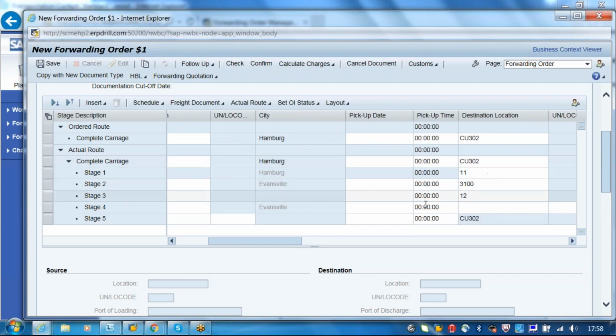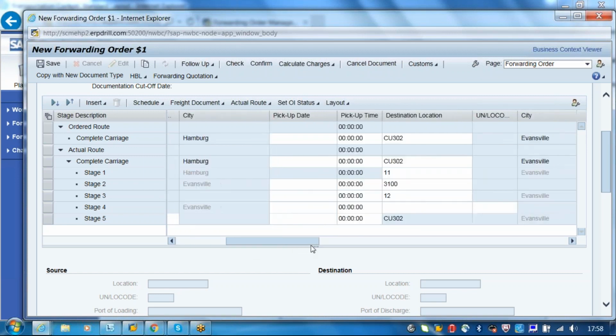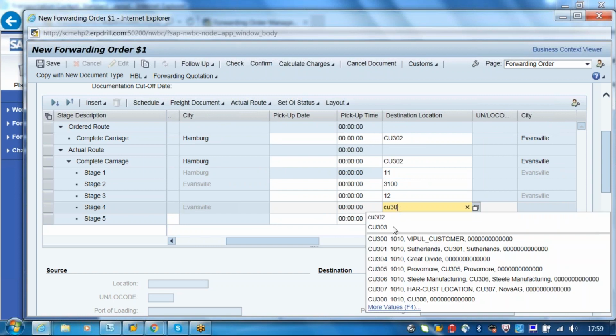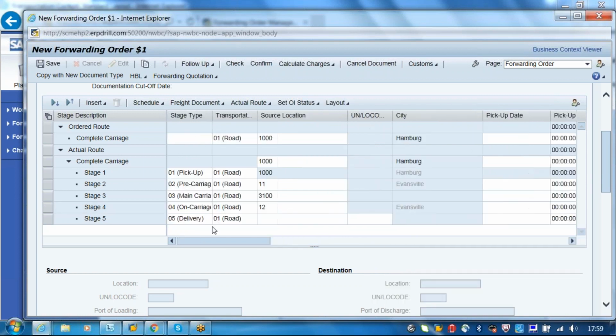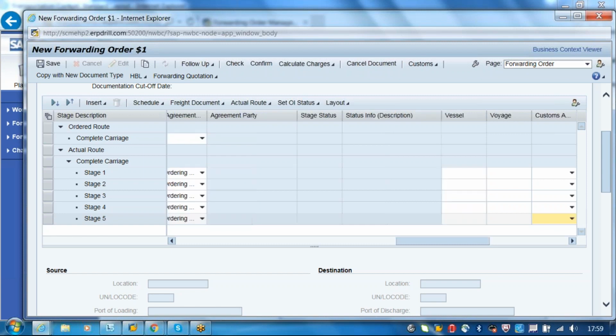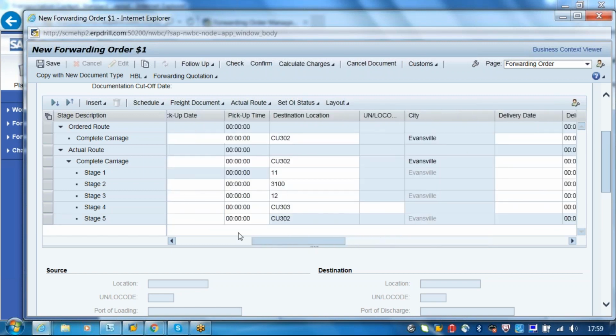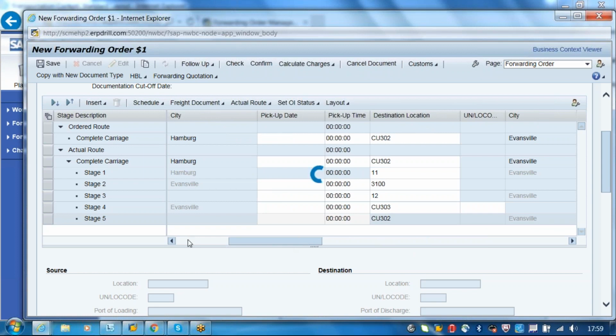So these will all be transshipment locations. So like that it will come. Okay. CU303. Okay, so this one CU3032. CU302. So these are the stages the system determined or what we have entered.